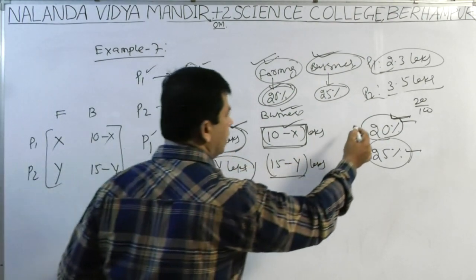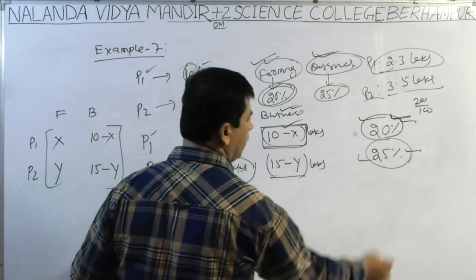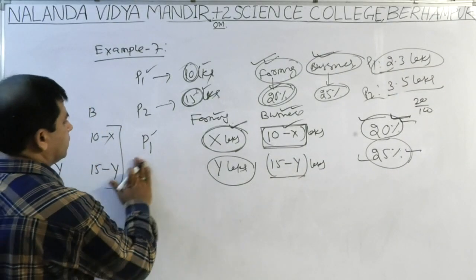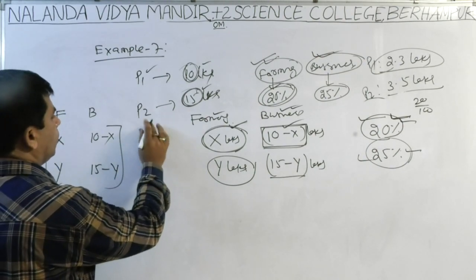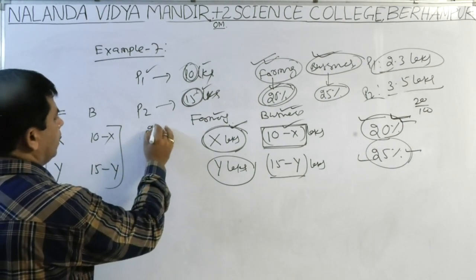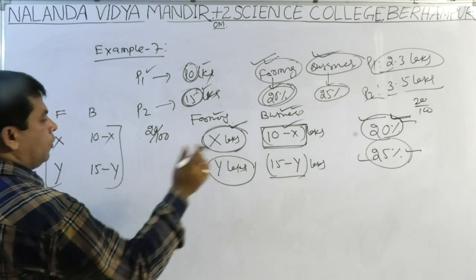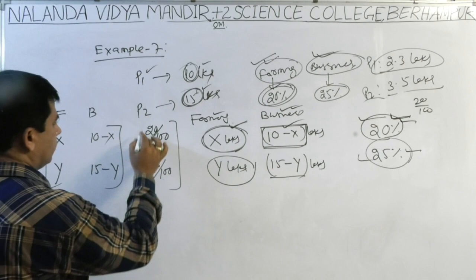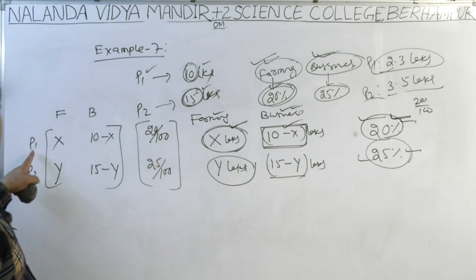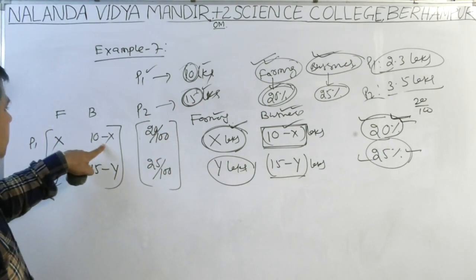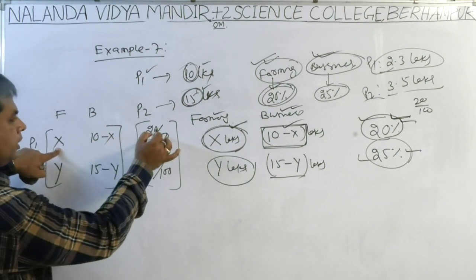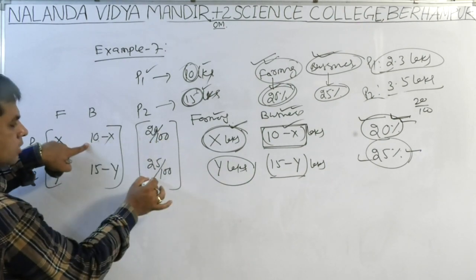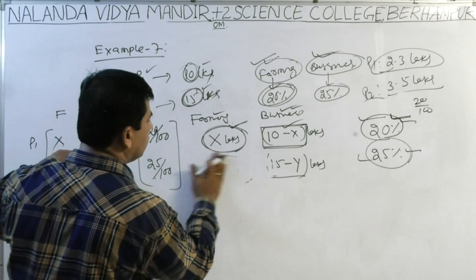Therefore, the annual profit in farming is 20% and in business 25%. It can be written as 20 divided by 100 and 25 divided by 100. Now the total profit of P1 in farming and business is X multiplied by this plus 10 minus X multiplied by this, which is equal to